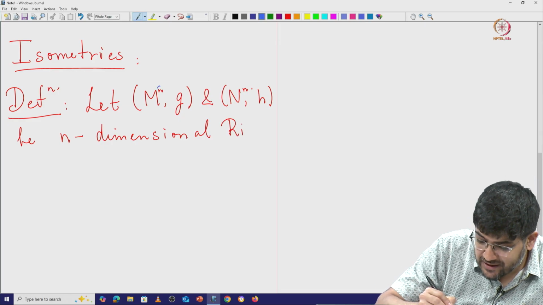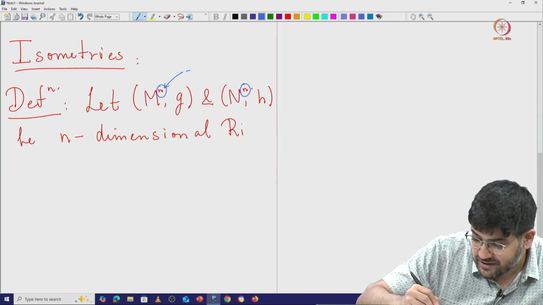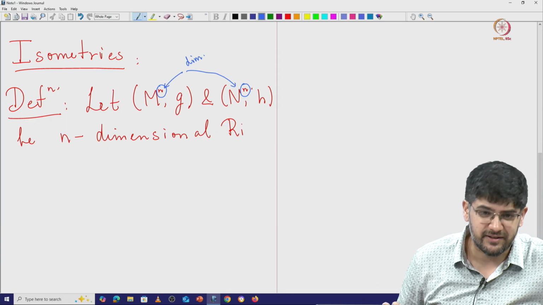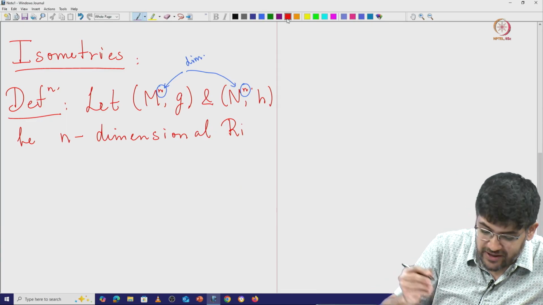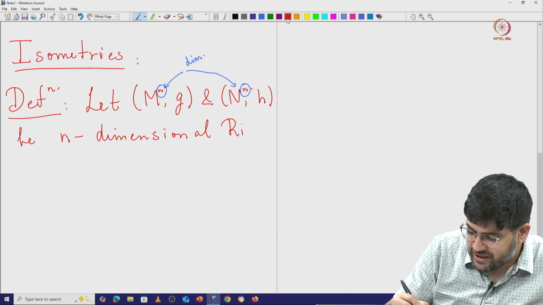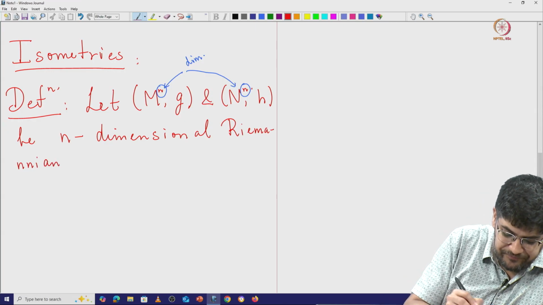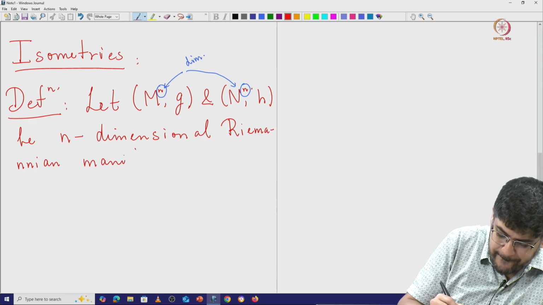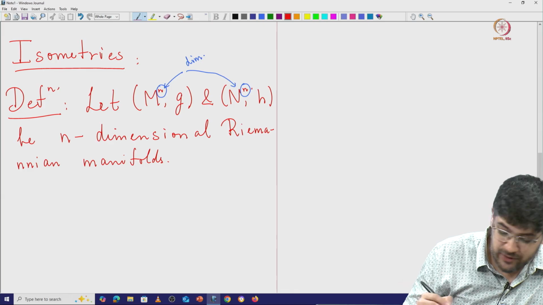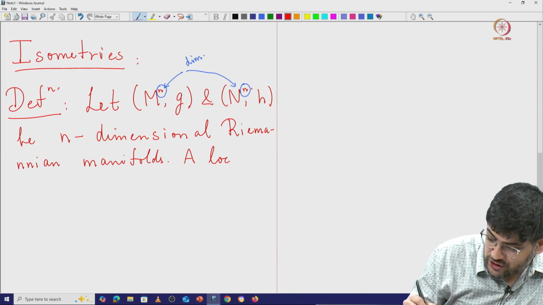Whenever I write this little power, this basically represents the dimension. So this is the dimension of the manifolds. Okay, so that's a standard notation that is used. So let M^n with g and N^n with h be Riemannian manifolds of dimension n. Then a local isometry